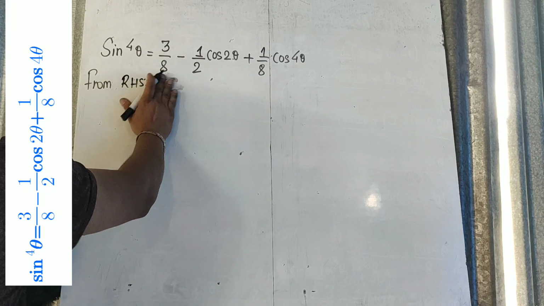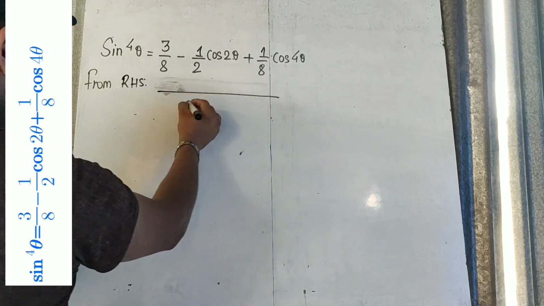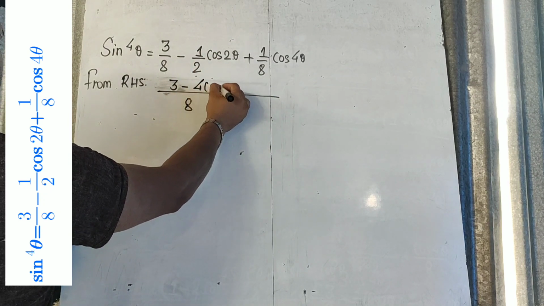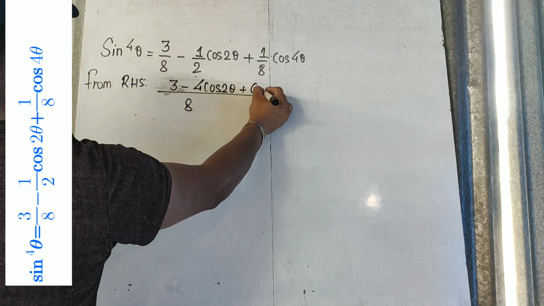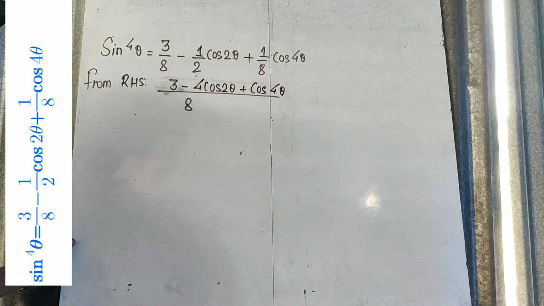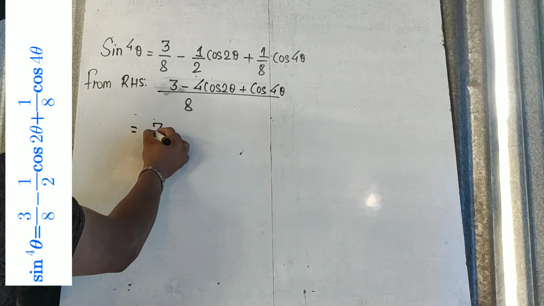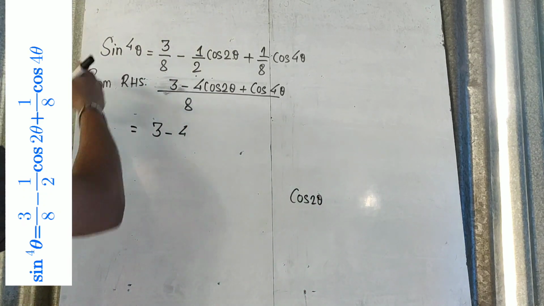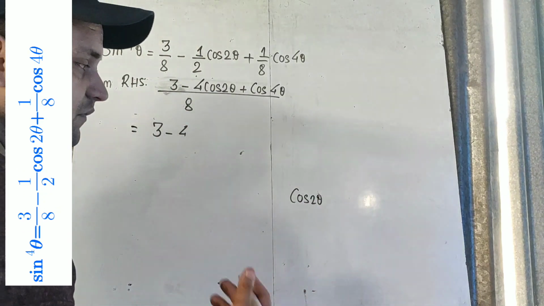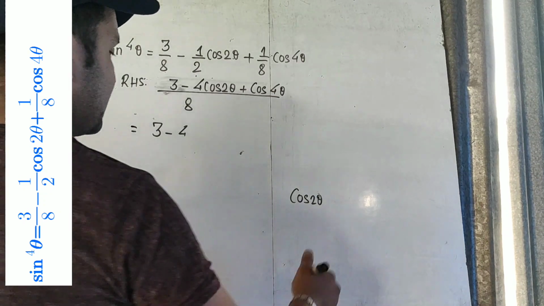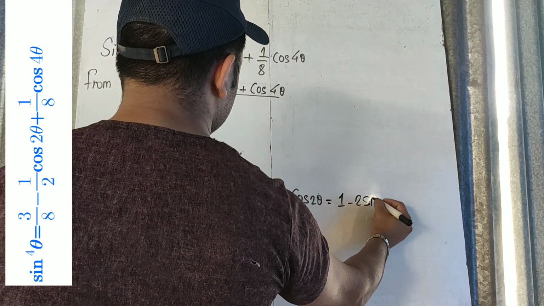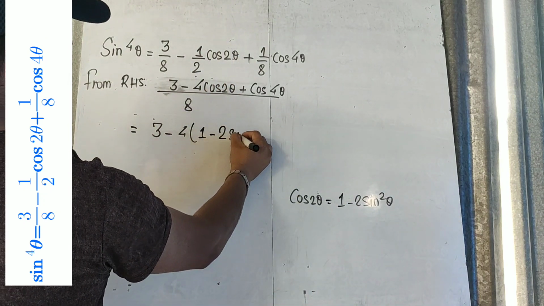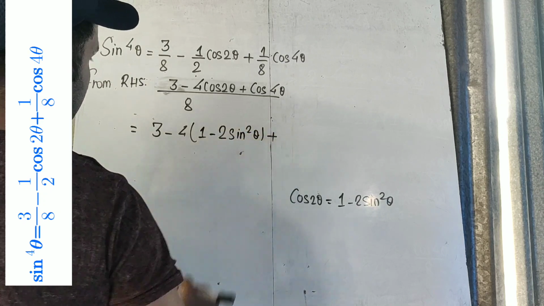Okay, you have this here in the right hand side, so I can take LCM 8 here. So it comes to be 2 minus 2, 4 is 8, 4 into 1 is 4 cos 2 theta plus cos 4 theta. I took the LCM from the right hand side. Now we all know the formula of cos 2 theta. Cos 2 theta has several formulas. Now we have sine in the left hand side, so we'll use the formula where they write the sine. So we all know the formula 1 minus 2 sine square theta. So cos 2 theta is 1 minus 2 sine square theta, plus cos 4 theta.